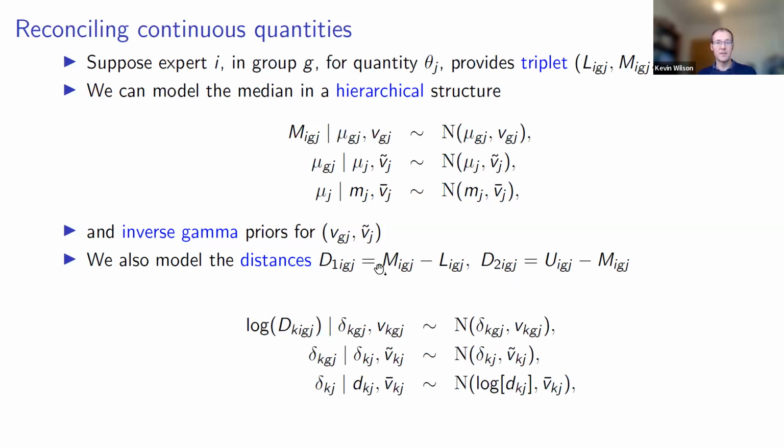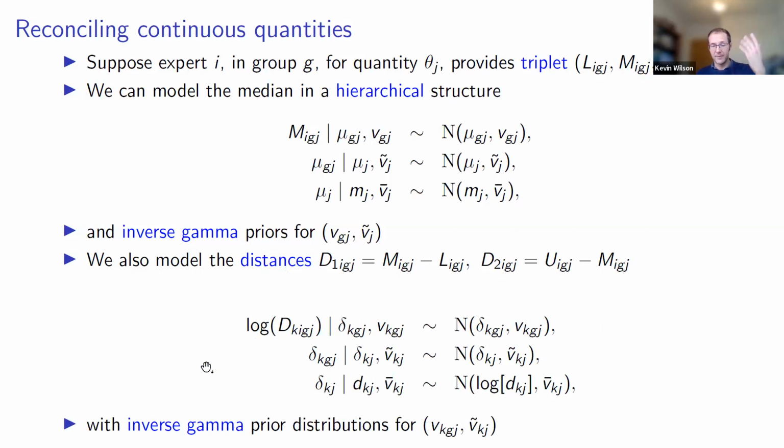And then, of course, because the distances are just nice simple functions of U, M, and L, we can then just recover U, M, and L in the way that I'll show you at the top of the next slide. Again, we probably want to learn about the variability parameters. So we want to give them some prior distributions. And if we give them inverse gamma prior distributions, we get a bit of conjugacy, which speeds up the MCMC.